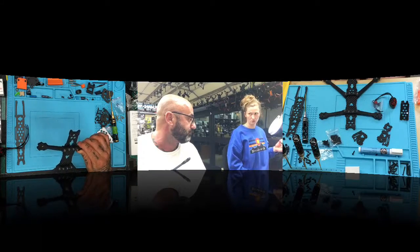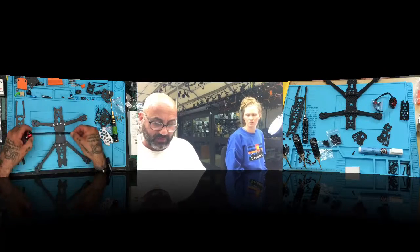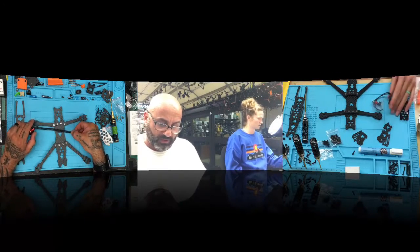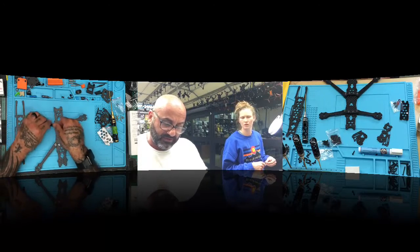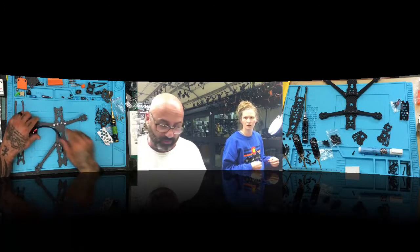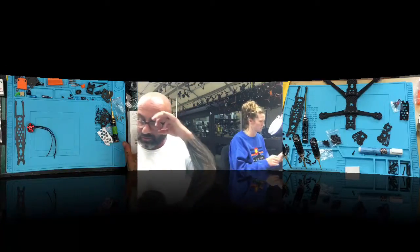All right, so here we go. What do you got? Just one motor. Yeah, for now that's good. Okay, here's what we're going to do. We're going to try something different here. What I want to do is solder this and then bring the wires underneath, like I did on the purple one up there. Okay, so what you're going to do is go ahead. I'll show you. Just go ahead and open the